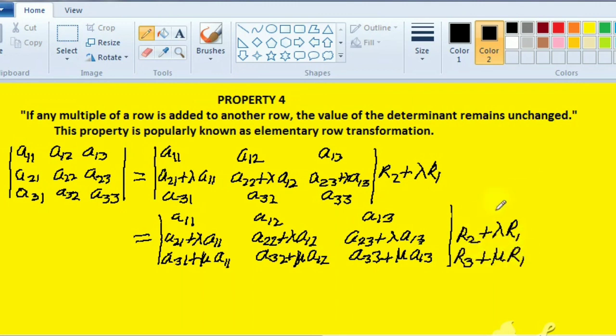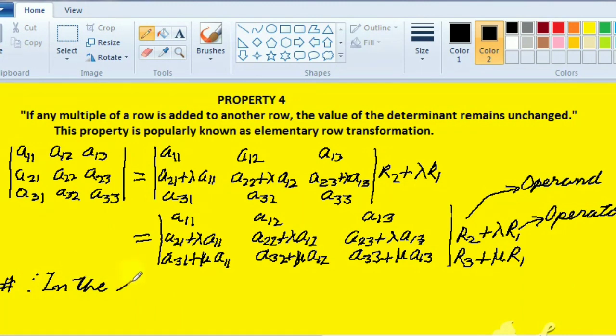So the operation may be carried out on two rows together. But remember that no operator may be operand, or no operand may be operator. So here R2 is operand and R1 is called operator. In the same way, in the next operation, R3 is operand and R1 is operator. And you will have to keep one thing in mind, which is very important, and that is